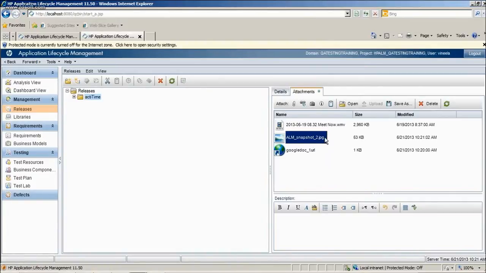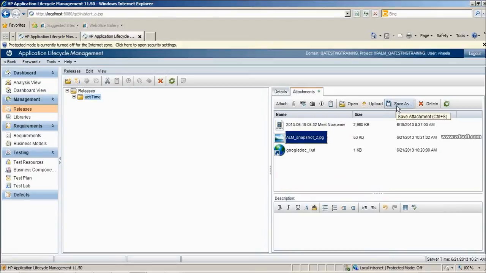Here you see that the image got changed, and make sure that you attach documents with less size only. If you attach larger files, then there will be load on the server, and QC might respond slowly. To open the document, just click on open document, so you can open and download it. If you want to upload also, you can upload the selected document wherever you want to upload it.